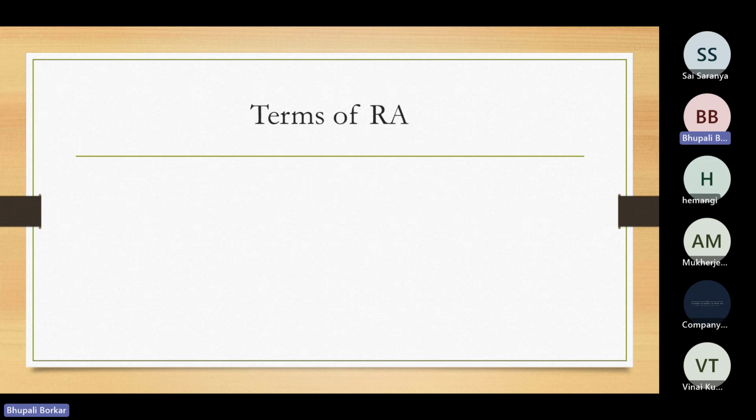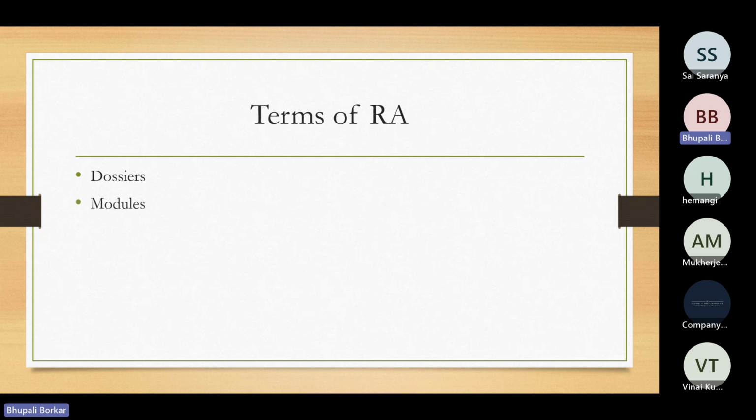Now, there are general terms which we should know in RA, which are mostly heard about in RA. The first one is dossier. What is a dossier basically? A dossier is a file of a product. Imagine a file which has all the documents required for a particular product, like your different sections, say your specification, analytical procedure, and all these different types of documents. So this is your entire dossier.